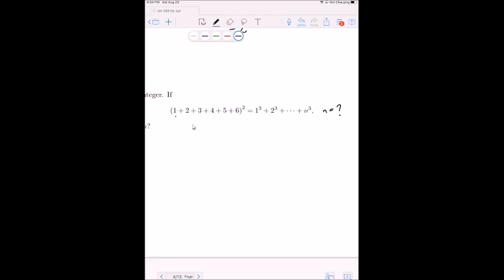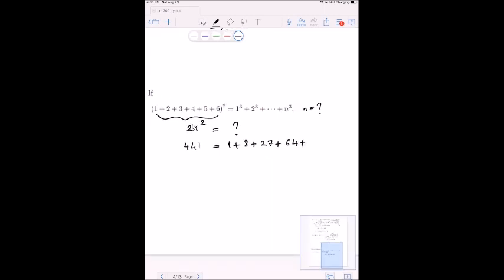1 plus, first of all, the square is outside, right? So it's going to be added. So 1 plus 2 plus 3 plus 4 plus 5 plus 6 is 21, right? 21 squared. It's equal to, what is that? So what is n cubed? 1 cube plus 2 cube. So let's start finding 21 squared. What is 21 squared? Good, bravo. Which is 441, right? 441. So let's start to do that. 1 cube is 1, 2 cube is 8, 3 cubed is 27. What is next one? 4 cube. What is 4 cube? 64. Remember, what is 5 cubed? 5 cubed, 125